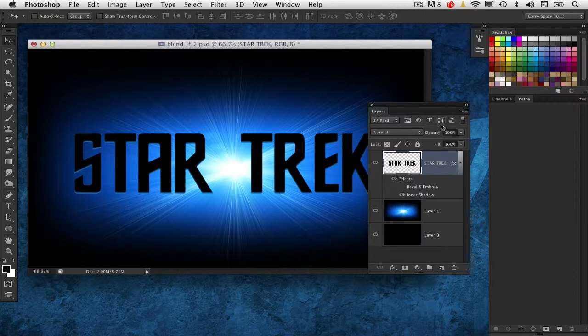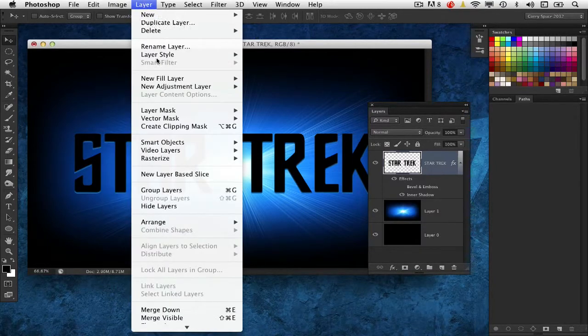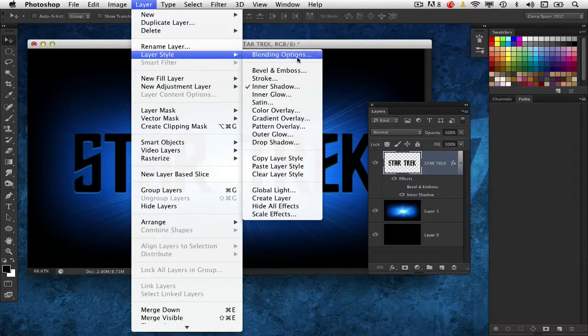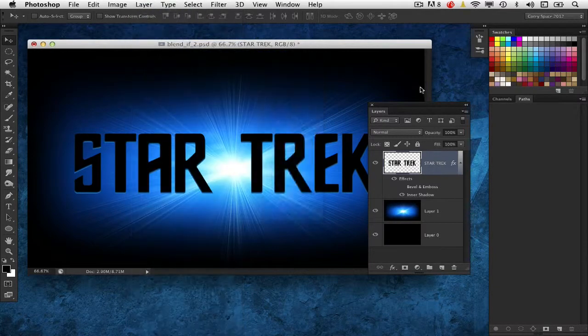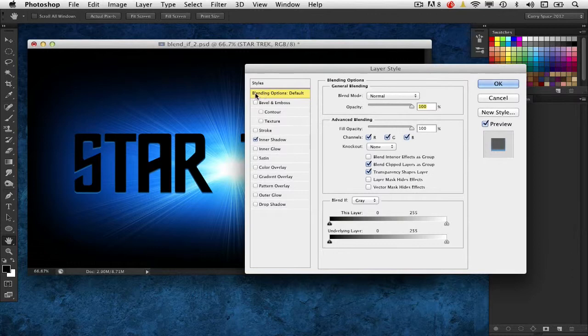It's actually located in the Layer Style panel. So if you have a graphic, you can go to your Layer Style menu here at the bottom, and go to the very first option here, which is Blending Options. It's also available if you go into the Layer menu, go to Layer Style, and choose Blending Options here. So go ahead and open that up. Different from the other blend modes, these are just a number of blending options available to you, but Blend If is down here at the very, very bottom.